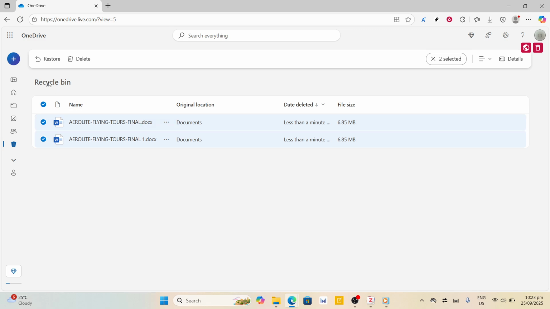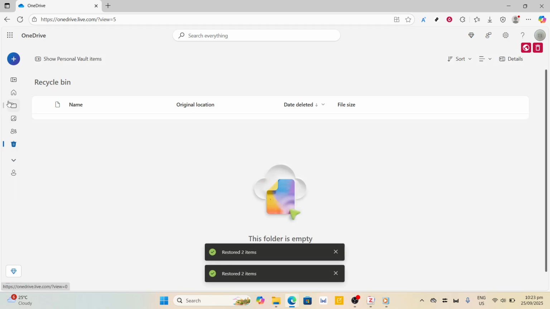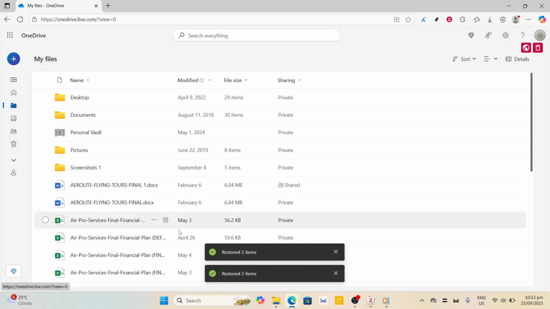Once you've made the selection, take a look at the top menu of the page. You'll find the Restore button conveniently placed there. Click on it, and just like magic, the files and folders will make their way back to their original locations within your OneDrive. It's an incredibly straightforward process, but it's also immensely satisfying to see your deleted files reappear where